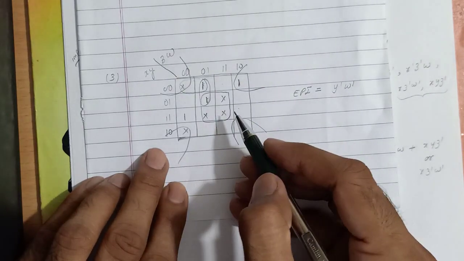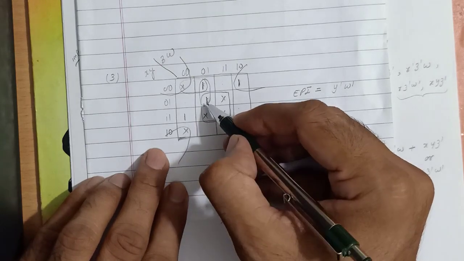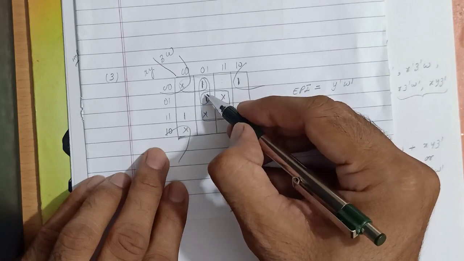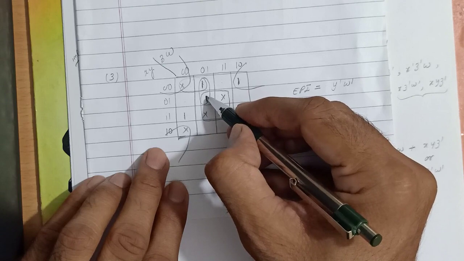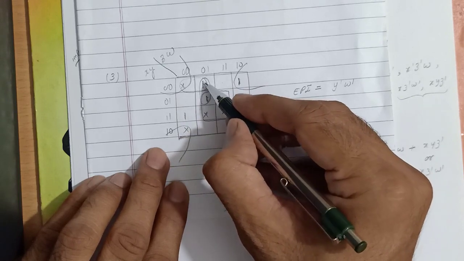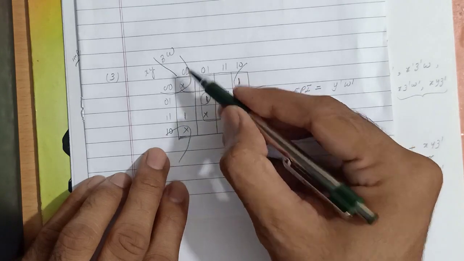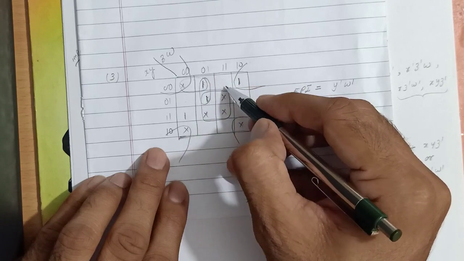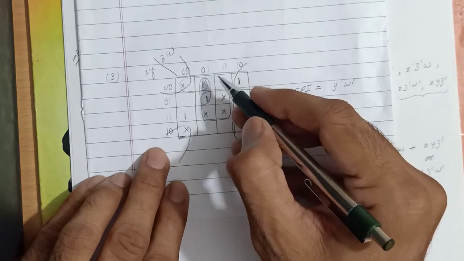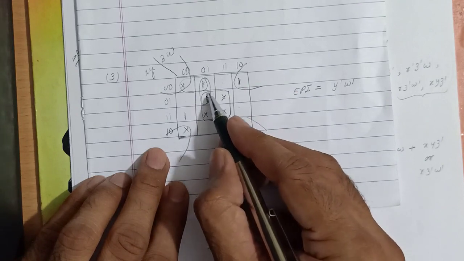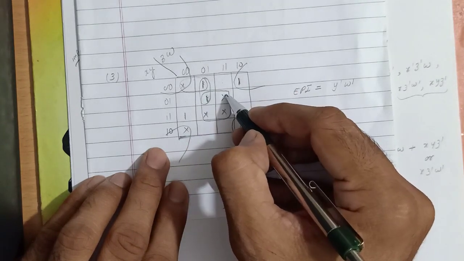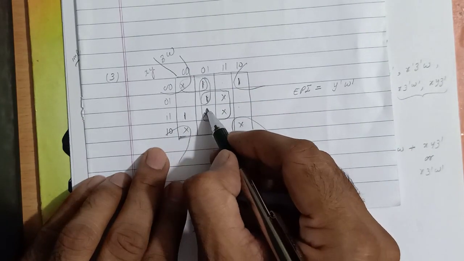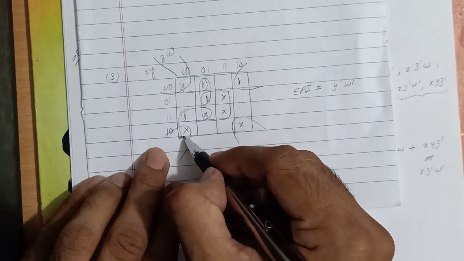Okay, so can we say that this is the prime implicant? No, we cannot say that this is the prime implicant, because this is also a part of a bigger cube. This is the prime implicant. Why? Because it cannot be a part of any bigger cube. This is also a prime implicant. Why? Because it is not a part of any bigger cube. Okay, so similarly this is also a prime implicant, but this is not the prime implicant, this is not the prime implicant, do remember. Okay, so this one can be covered by this prime implicant or this prime implicant.